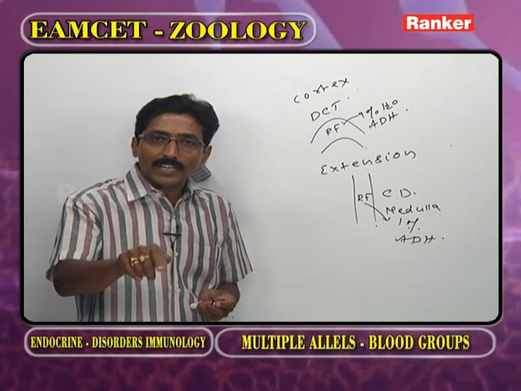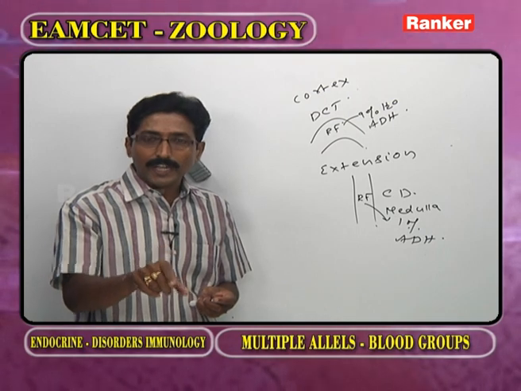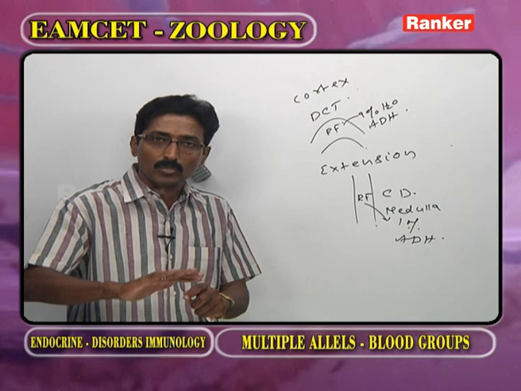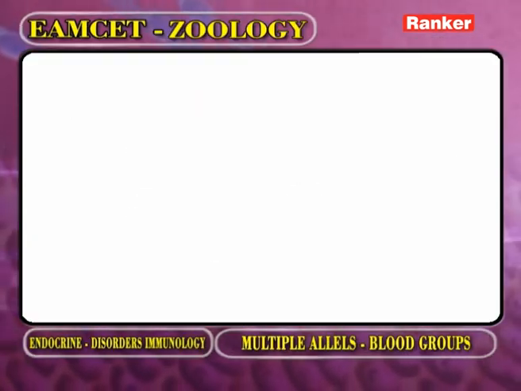That is also called innate immunity. Here the colostrum contains antibodies. Now here antibodies are transferred from the mother's body to the baby's body. Now the answer is the fourth one. The next one is